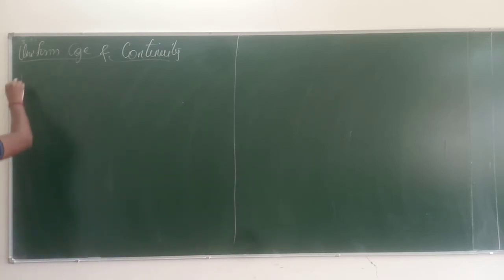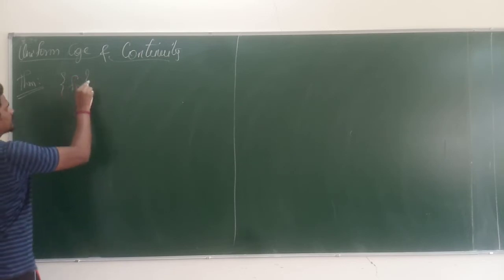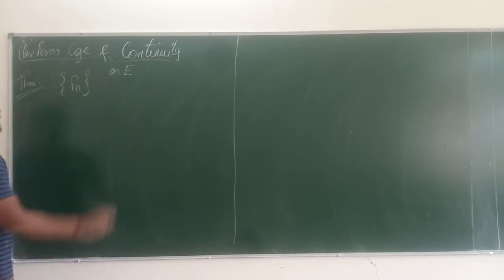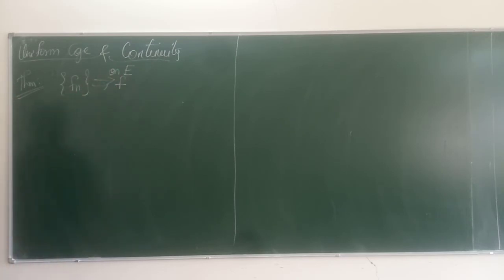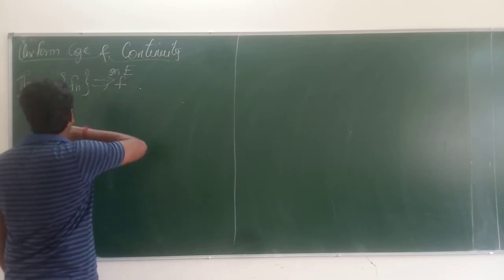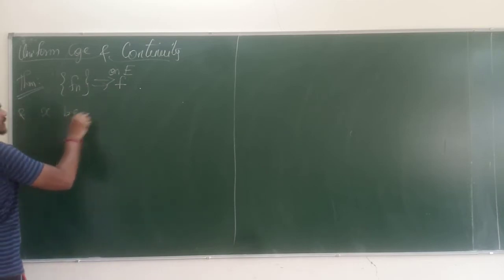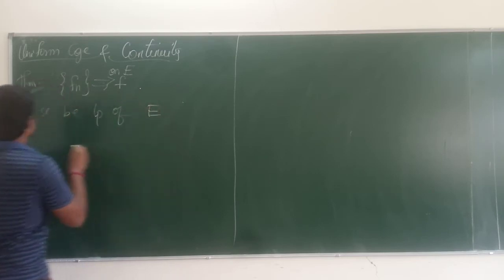So there is a theorem on that, which is the answer for the first question which we have. Okay. So consider a sequence fn, a sequence of functions on some set E. Okay. And fn converges to f uniformly on E, and x is a limit point of the set E, and